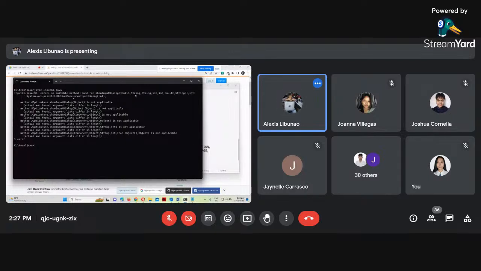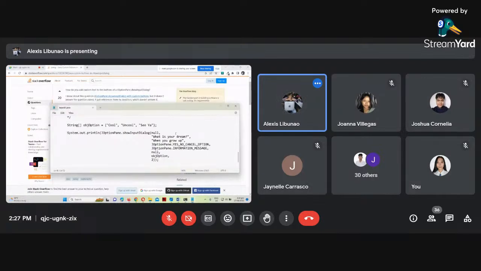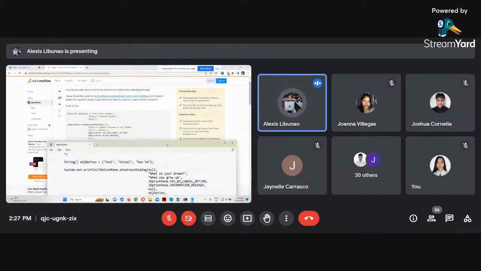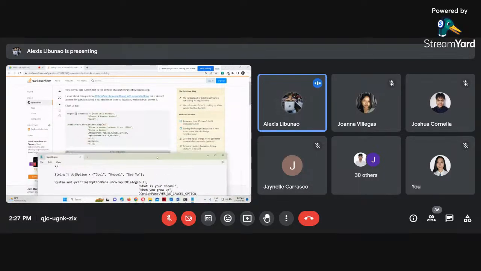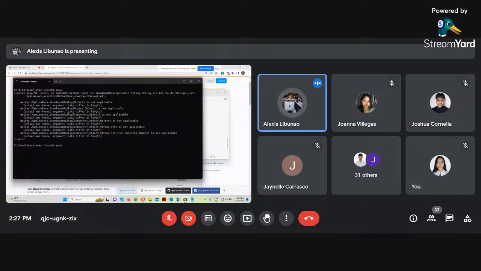There's an error with regards to differ in length. Okay. I hope you guys are also trying it, no? So you can help me out. Option and then null. Okay, I'm going to. It should be the default, no? Anyway,